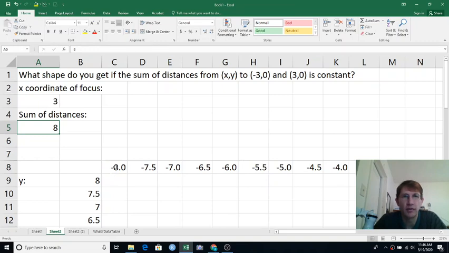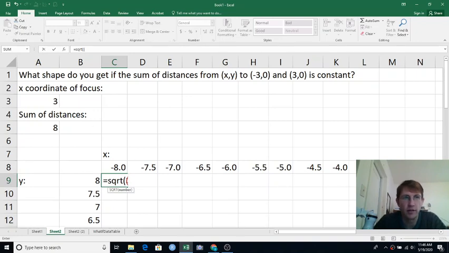So I have a grid of x values here and a grid of y values. So what's the distance from (-8, 8) to (3, 0) and (-3, 0)? So we're going to put a big old square root formula here, and that's going to be ugly, but that's okay. So the distance from that x value, and I'm going to be moving this left, right, and up, down. I want the row 8 to stay the same, but I want column C to change as we go along. So I'm going to put just the $ on 8